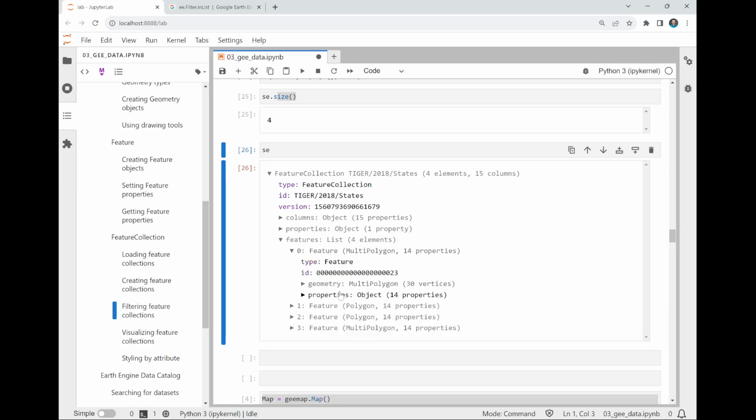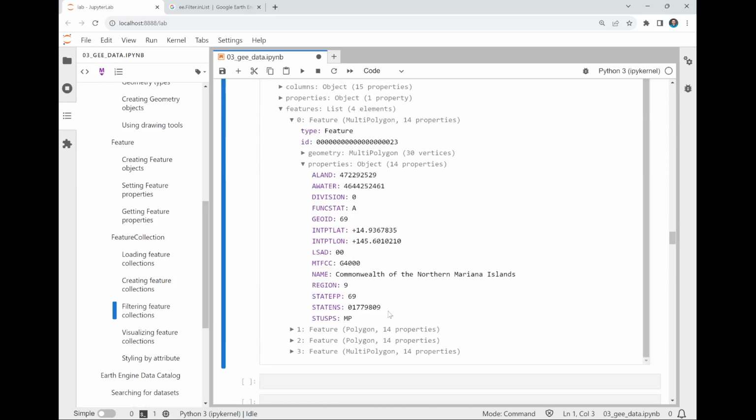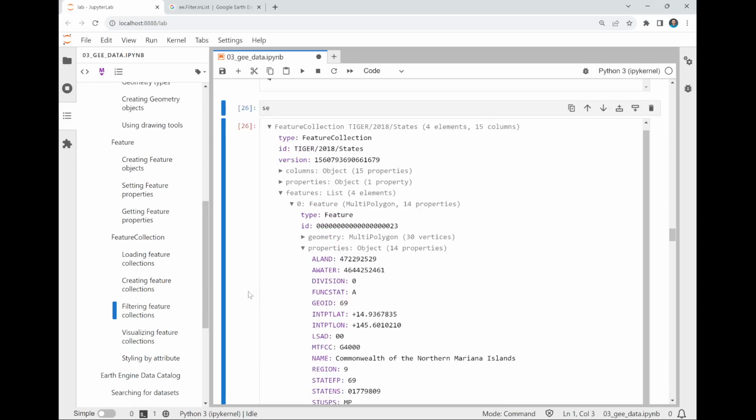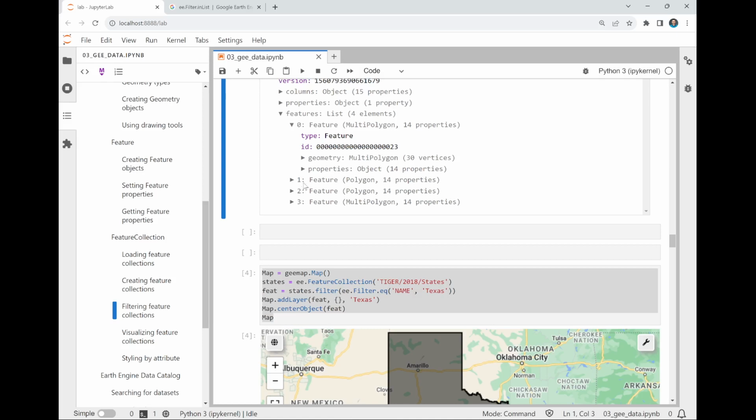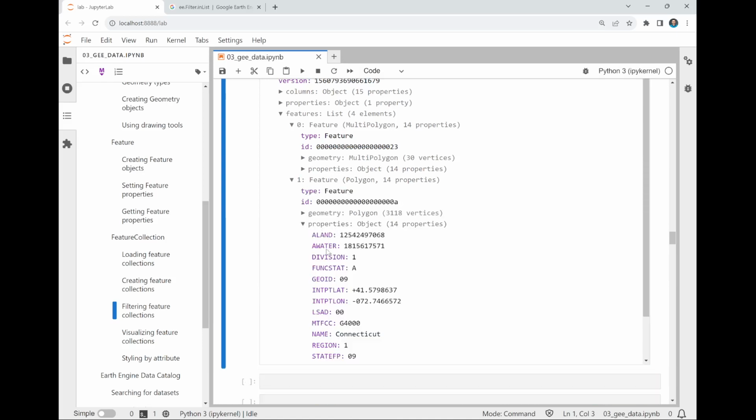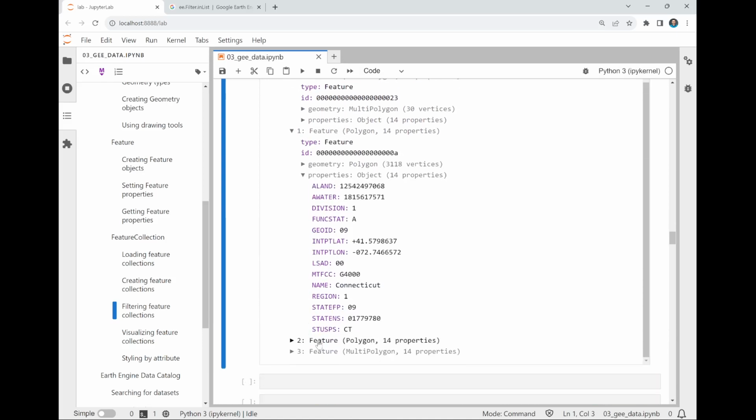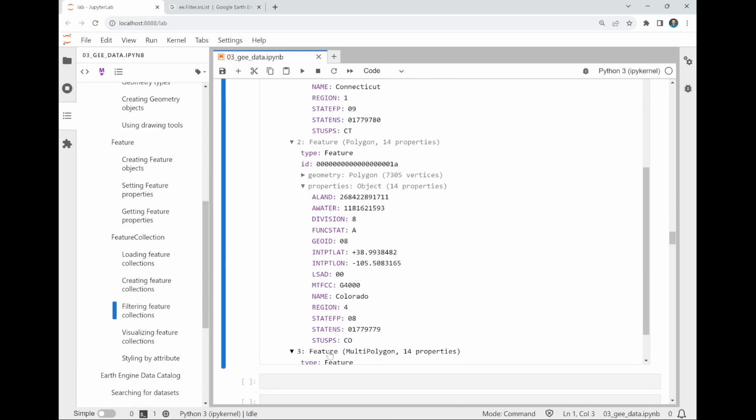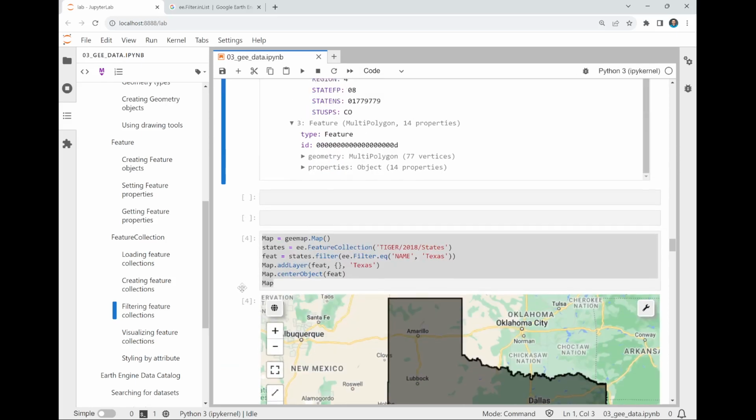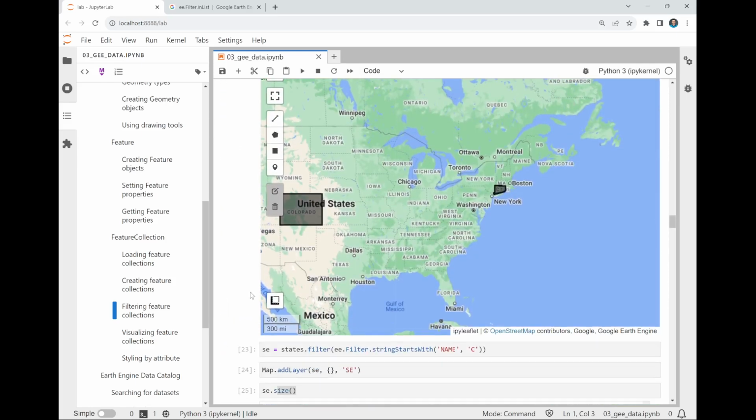First one, Commonwealth of the Mariana Islands. You can never guess, I have no idea. So this is like a territory outside the continental U.S. But next one here, Connecticut, and then what else? Colorado. Yeah, so 3. We are pretty close, right? So this is how you can filter. For example, you can filter by list, by interactive selection, or you can do this, and then